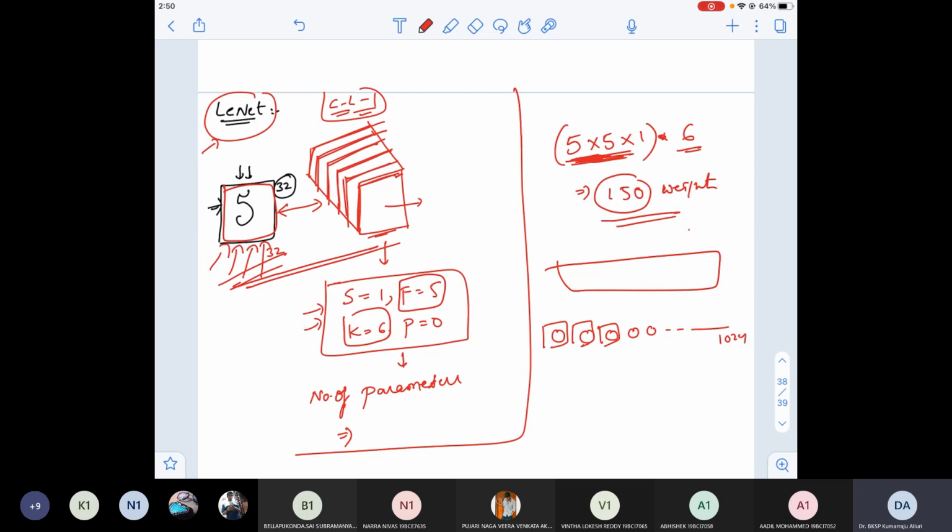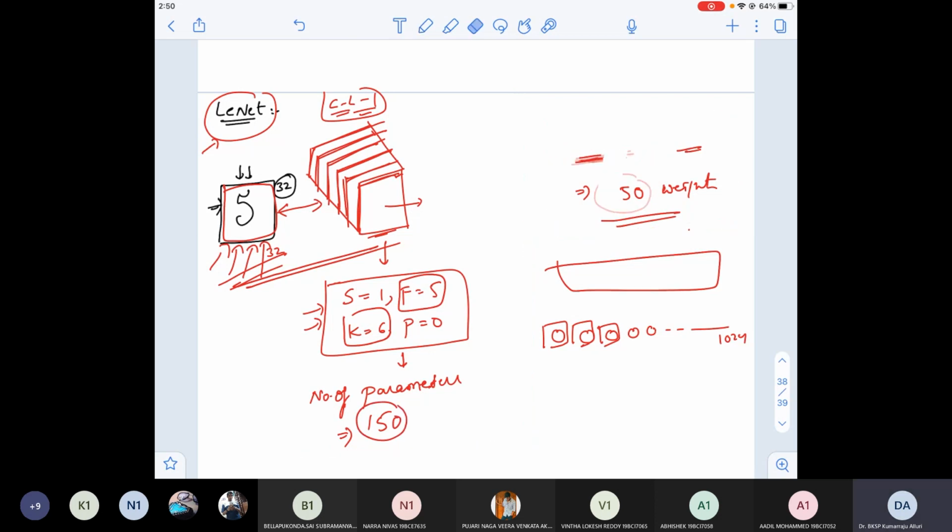But imagine the same connections in the form of a deep neural network. We'll also see that in the next class. What happens in the same situation in the context of a deep neural network? You'll be really surprised. We require millions of weights, but now we have just 150 weights. We'll see that while we are discussing the architectures. I'll also compare with the deep neural network weights. But for now you need to understand the number of parameters is just 150.